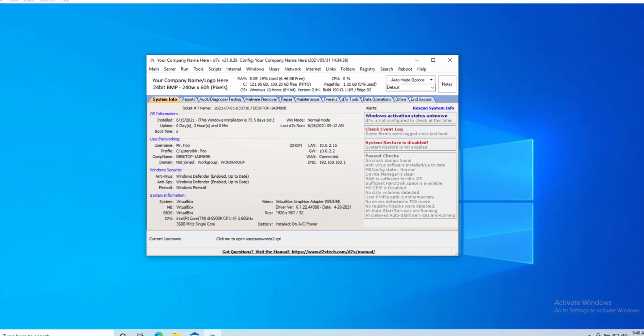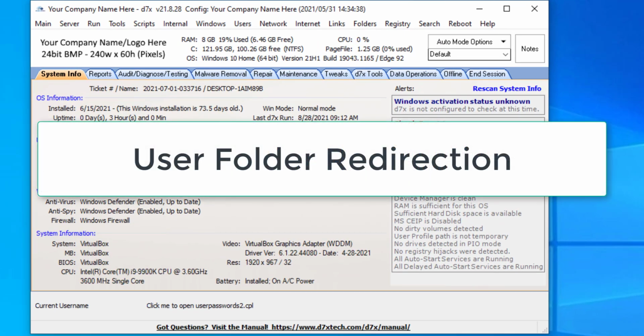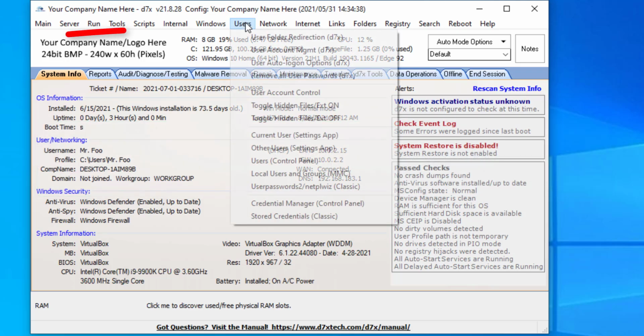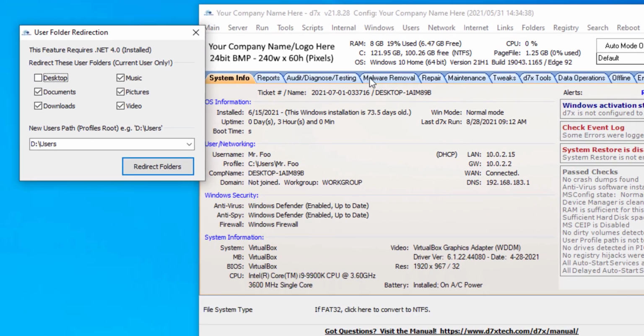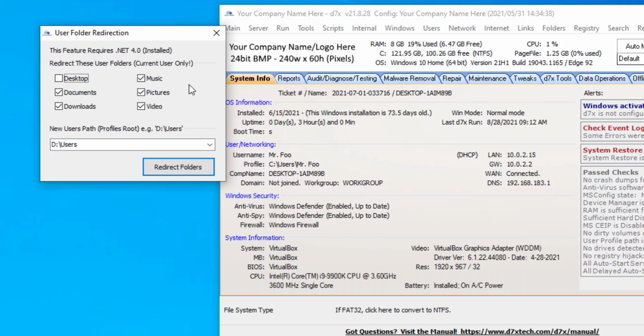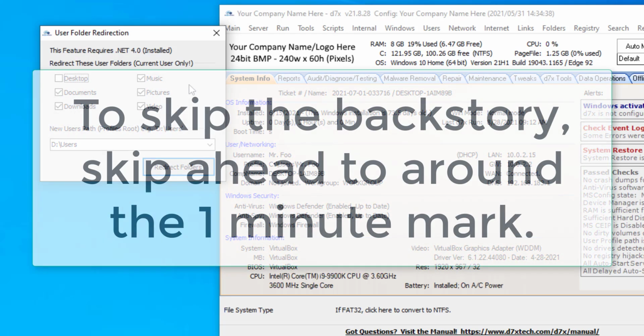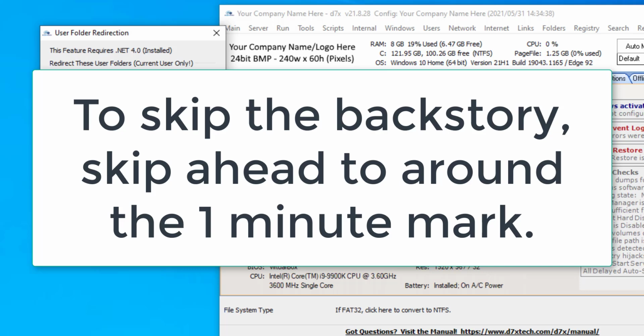Here's a new feature for D7x, and it's user folder redirection. You click on the users menu, go to user folder redirection. It'll pop up here. I had this feature requested by a user who, for their customers, was getting a lot